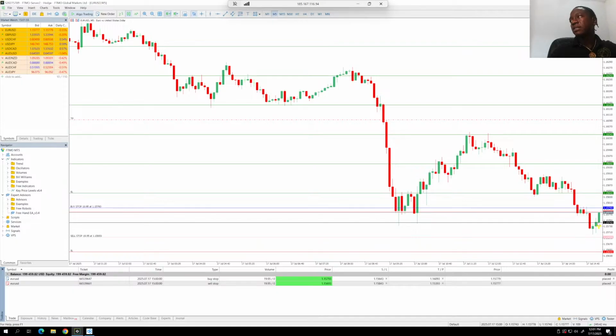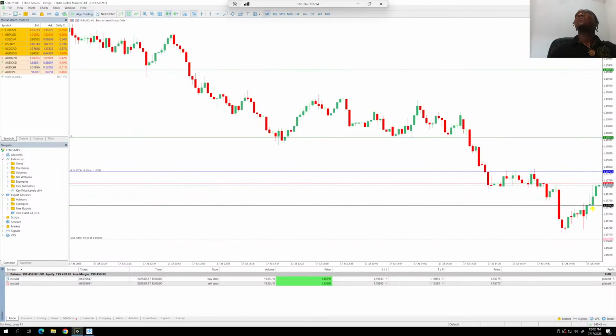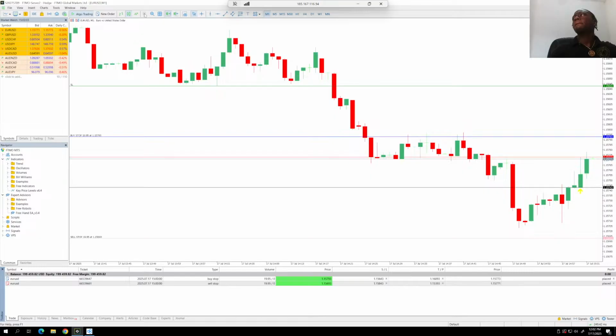And as you can see, price is moving. Let me go down to the 1 minute, maybe you can see it better. And I can go ahead and zoom in. As you can see, price is heading towards that blue line, which is my buy stop. And if we get into that buy, we're going to want price to continue moving up to this green line where I'm going to take some of the money off the table, put it in the account, and then let 25%